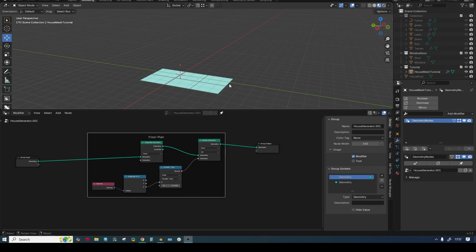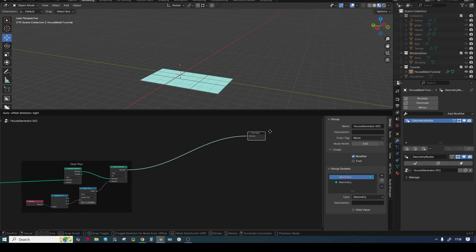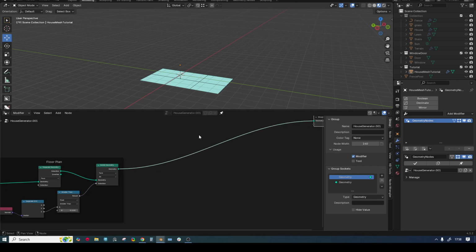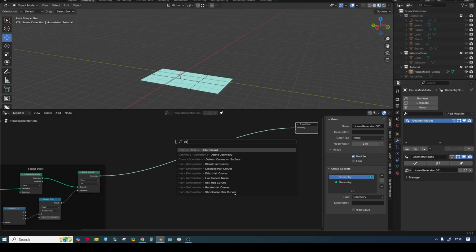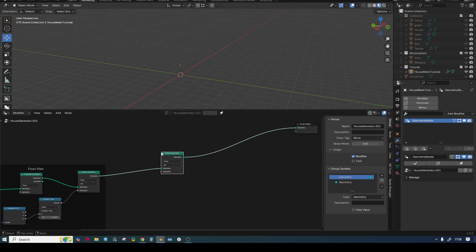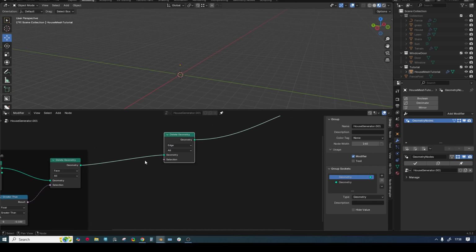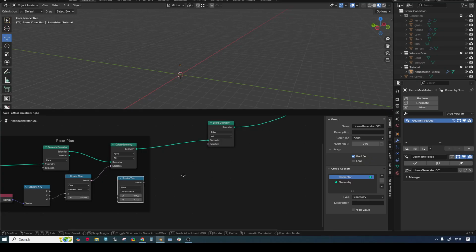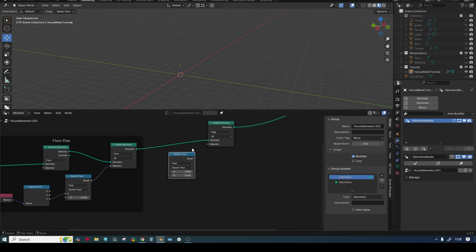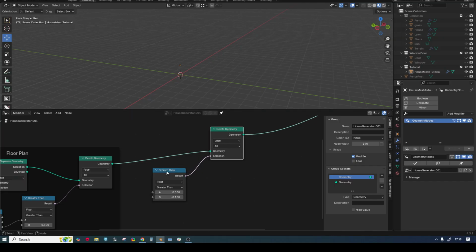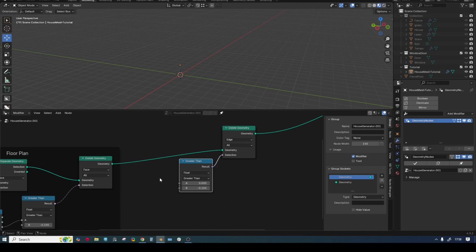So now what we need to do is to separate the perimeter. We only want the door to be on the outside, so we're gonna do that by deleting by edges. So we need a delete geometry node. We're gonna select here, instead of faces like first time, we're gonna select edges, and we'll have to specify again. We'll take this compare node and we're gonna use a new node called by edge